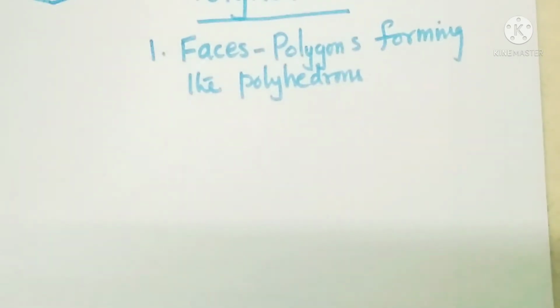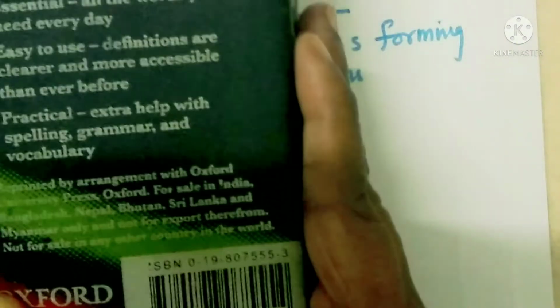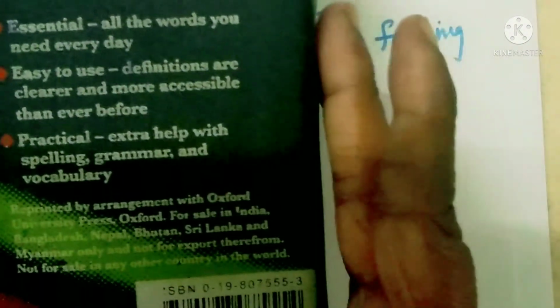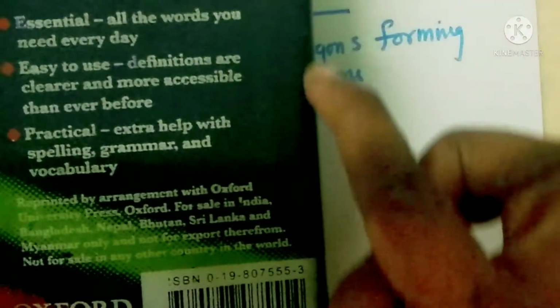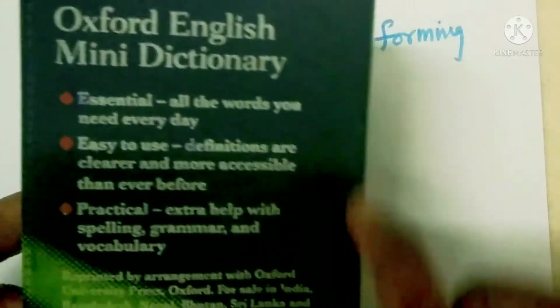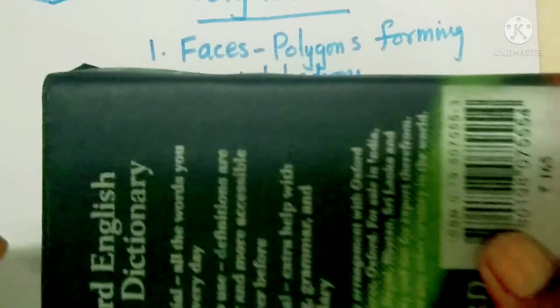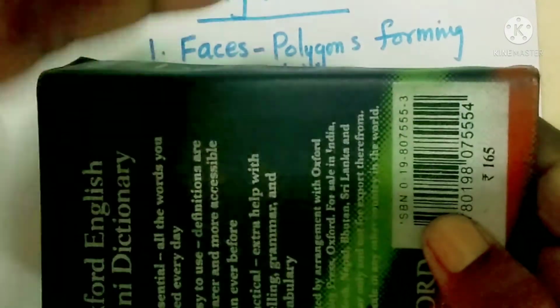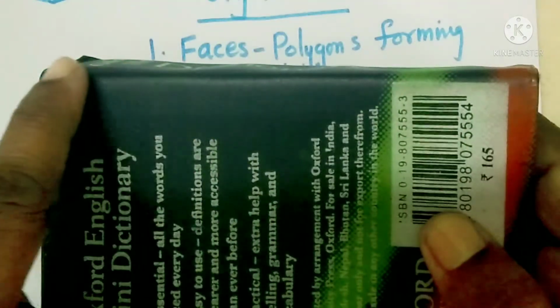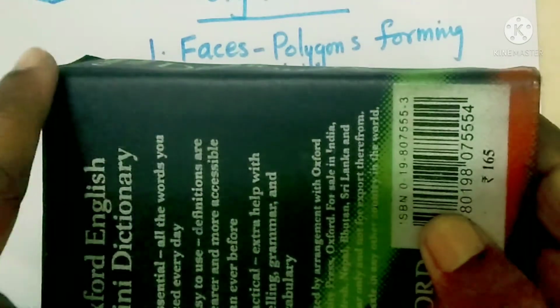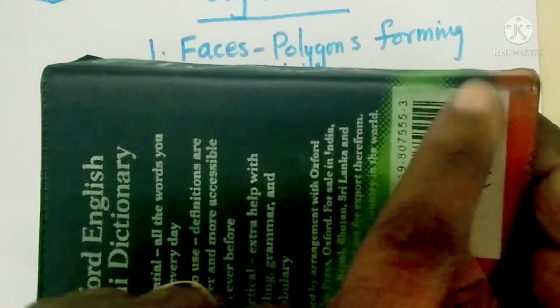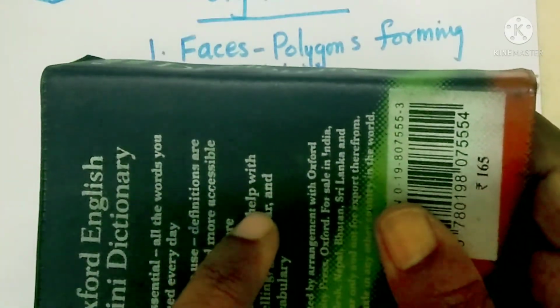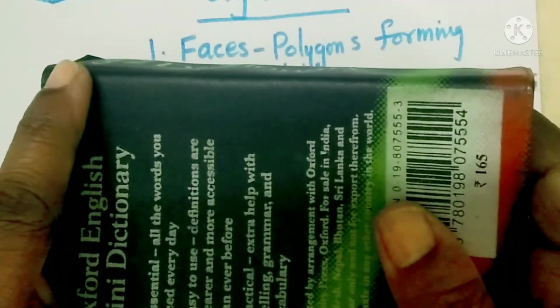Now, if you see the faces, see here, this is one face and this is another face. These two faces meet at a line. Here you see, I will show you like this. This face and this face meet here. So, this is a line. Okay. So, the line where two faces meet is called an edge. So, here you have an edge.